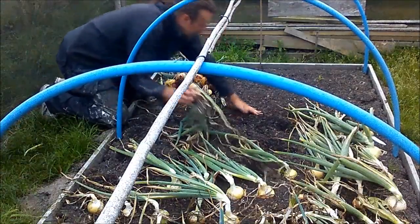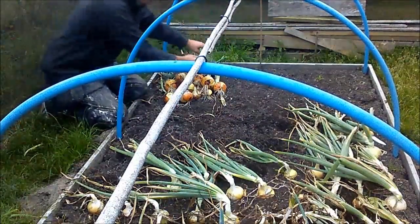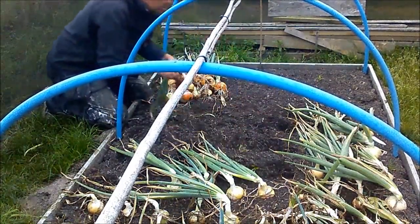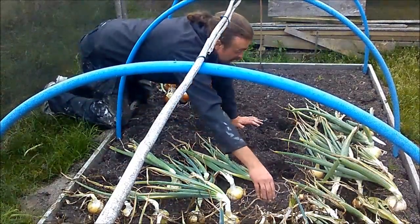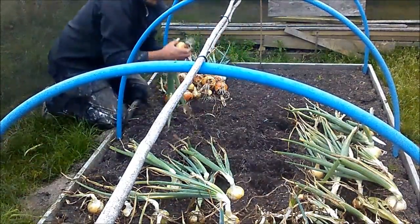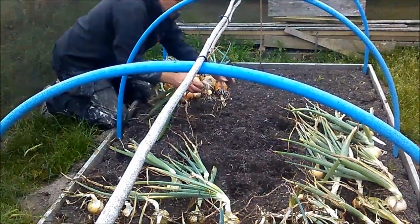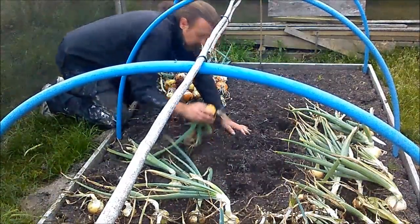It's pointless leaving them bare like this for weeks on end because they're just going to get weed seeds all over them. So I'd rather keep them covered up. They won't dry out as much, and the worms can come up and eat through any leftover bits that die off. Like a lot of my potato tops, I'll probably just cut off the tops, making sure I don't get any little mini tubers on them, and lay them on these beds, just cover them up,